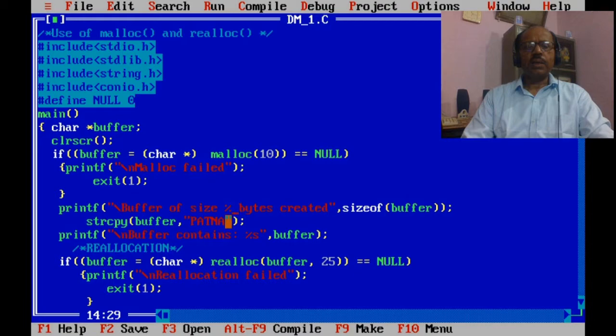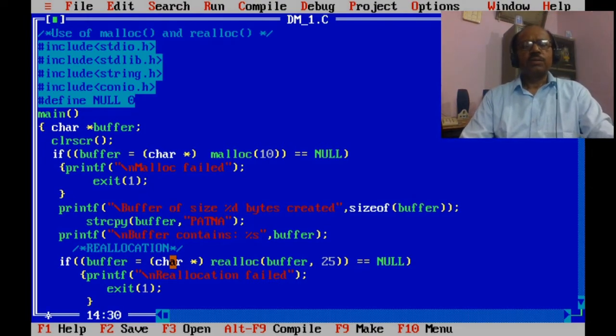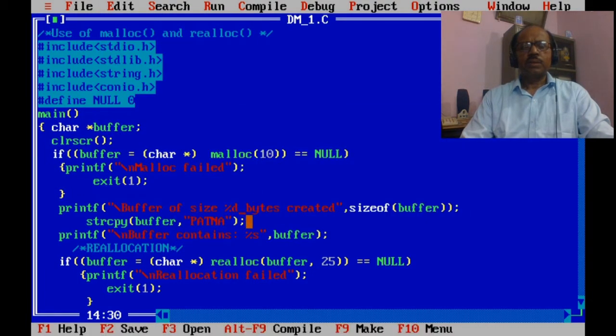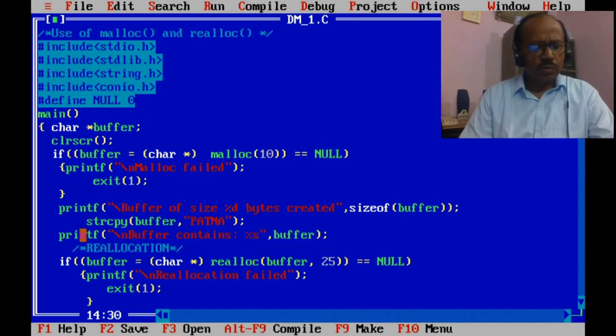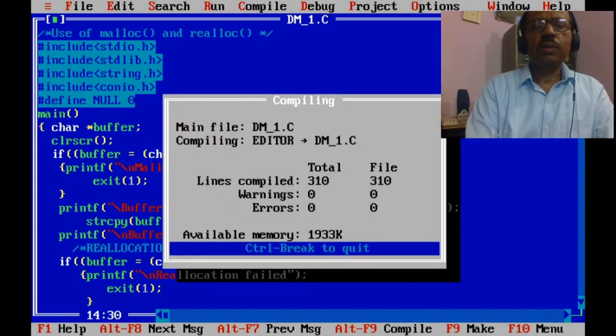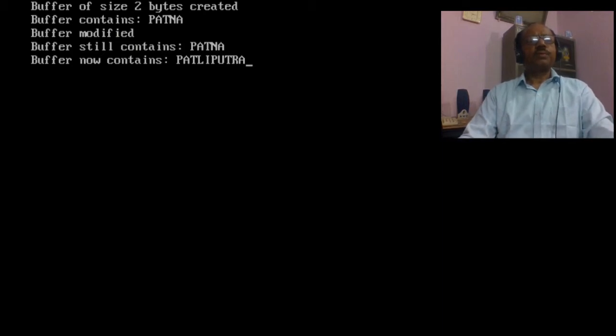Here it has been left that the size of the buffer will be 2 bytes, so %d is required here. Okay, and again we will save it. So now compile and execute the program. Control F9.